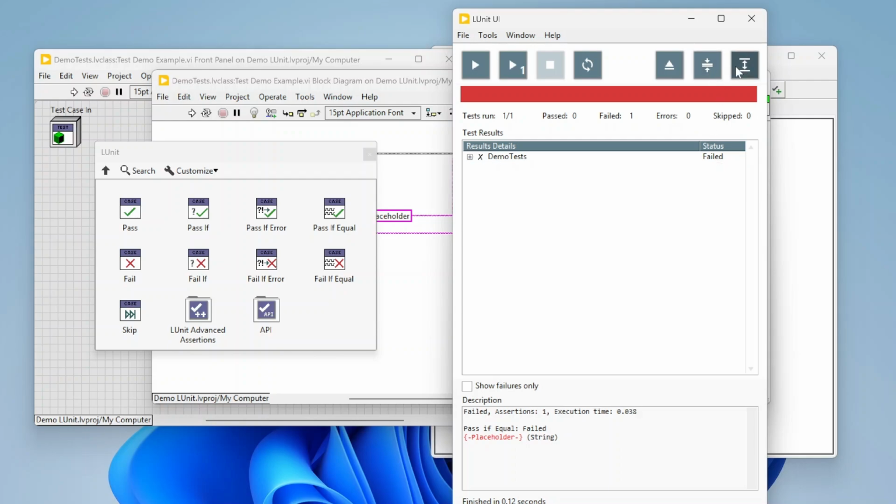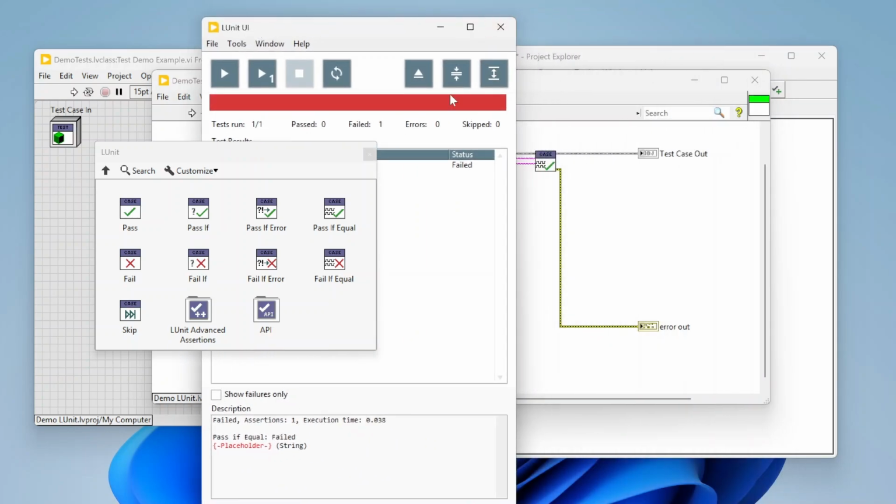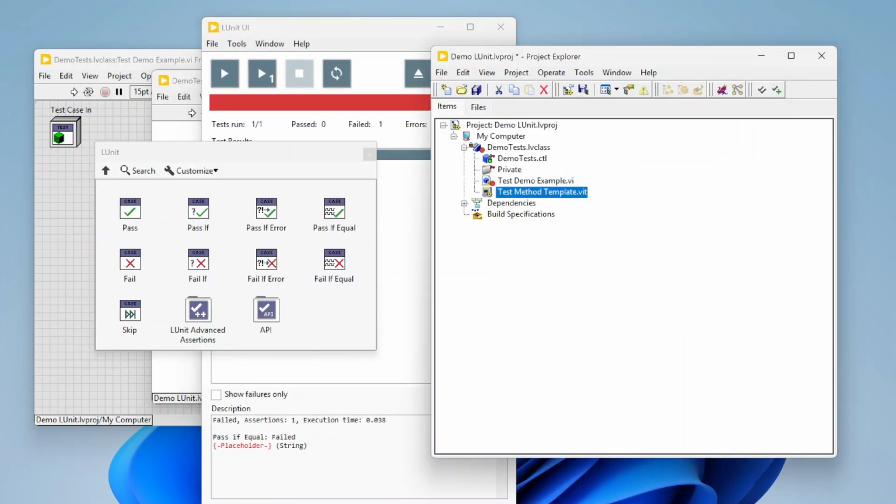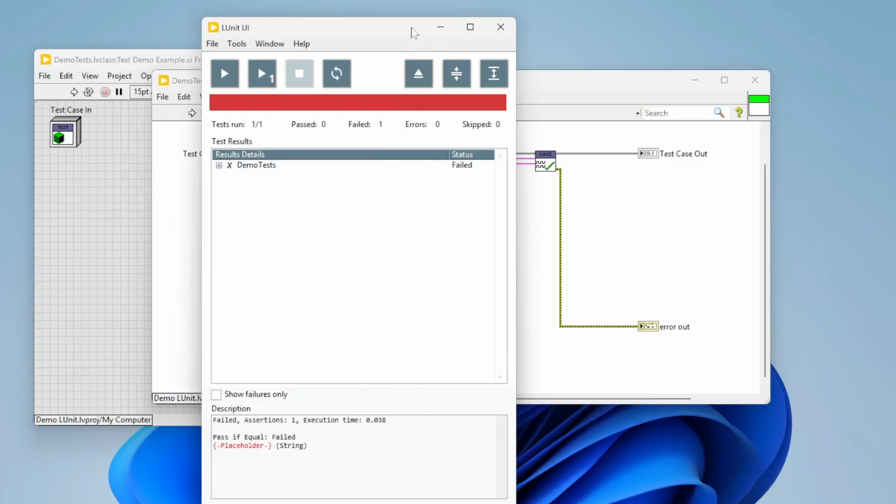They've got some things here for expanding and contracting the tree. I can actually eject the test result view, because when I have this window open, it locks the class, so I can't edit it. If I want to keep the results viewable but eject them somewhere else so I can work, there's that. And then I can rerun my test from here if I need to,